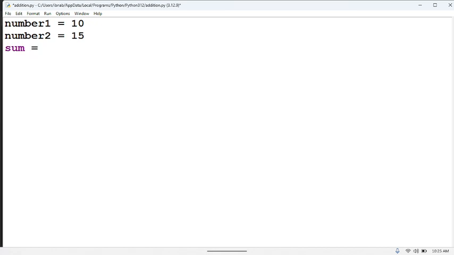You can see that sum is going to give us an error because the color has changed. It is purple, so we can't use sum. Why? Because sum is a keyword in Python. Just as I said, you cannot use input as the name of a variable. So let's call it total. So if you now say total is number 1